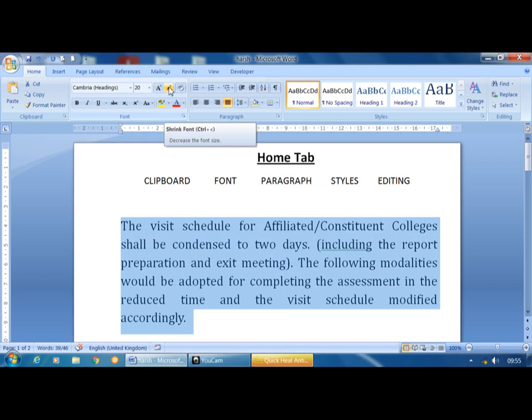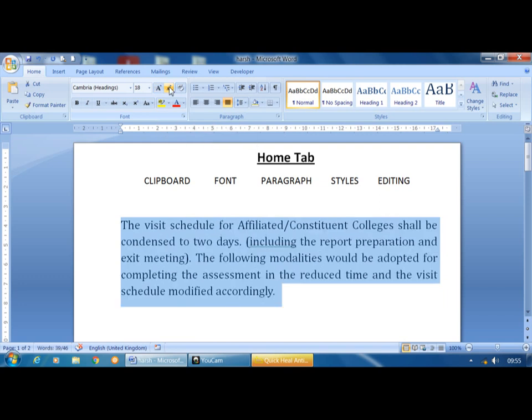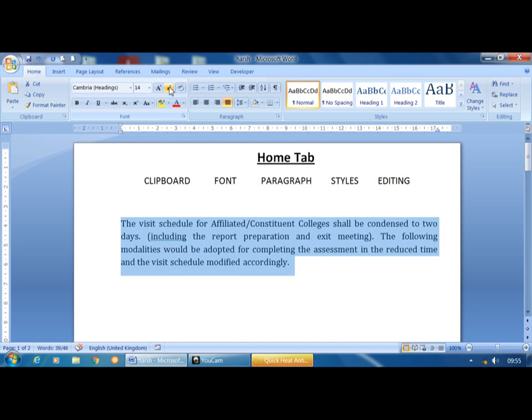In the same way, if I want to decrease it, just click the shrink font option and it automatically decreases the font size. One more shortcut is there: you can press Control plus closing square bracket to increase the font size, or if I want to decrease the font size, Control plus opening square bracket.